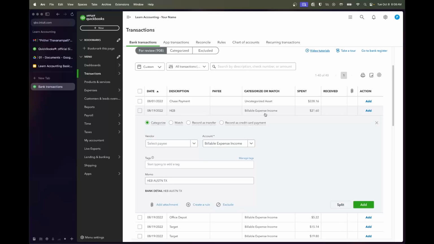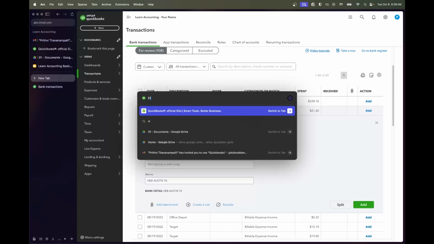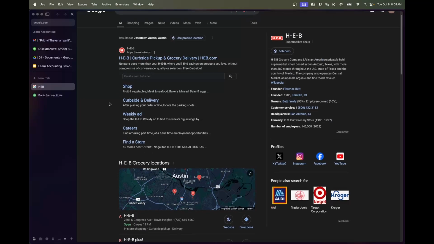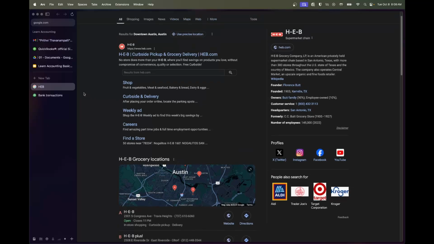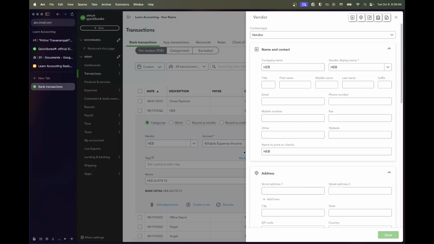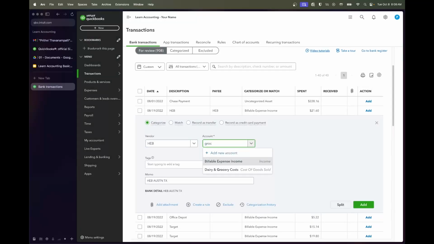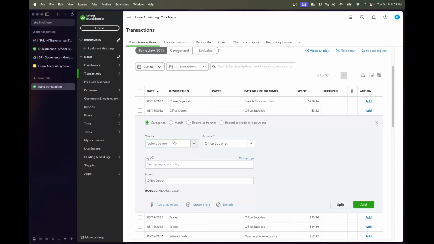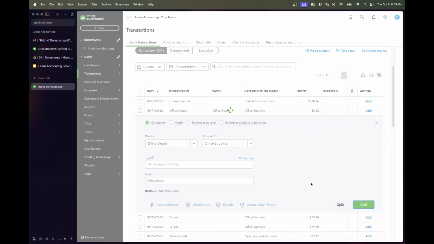So HEB, if you don't know what HEB is, one of the greatest grocery stores in the United States. And so now that we know it's a grocery store, I'm going to say HEB, say grocery, dairy and grocery cost. We have Office Depot here again. Okay, so Office Depot, office supplies,